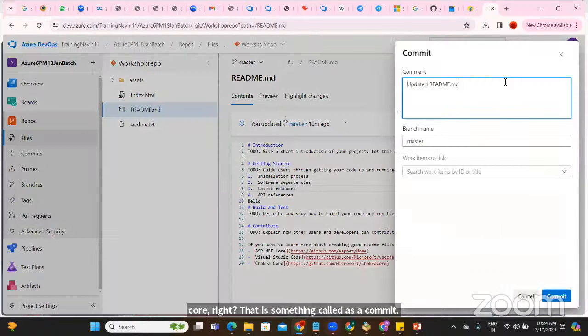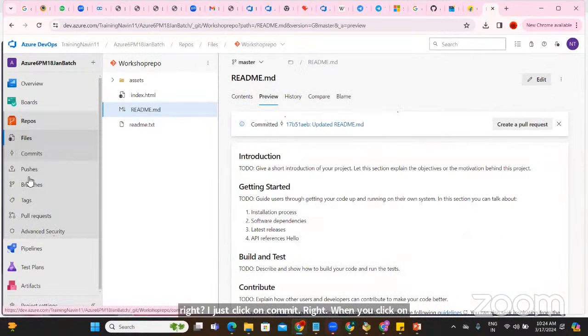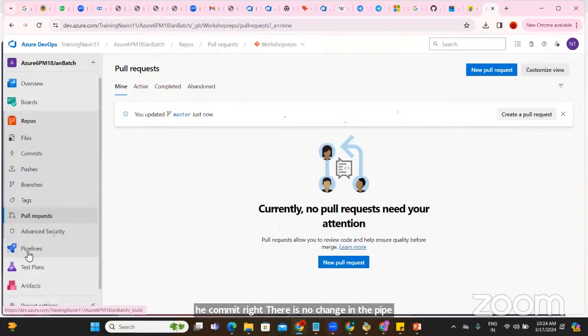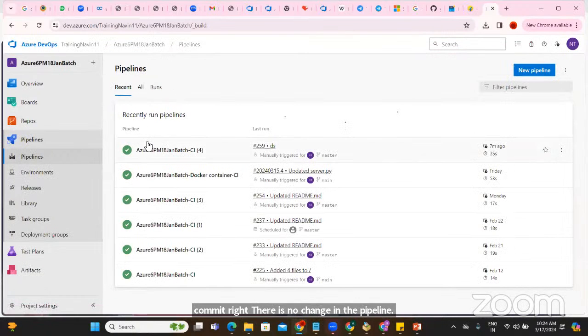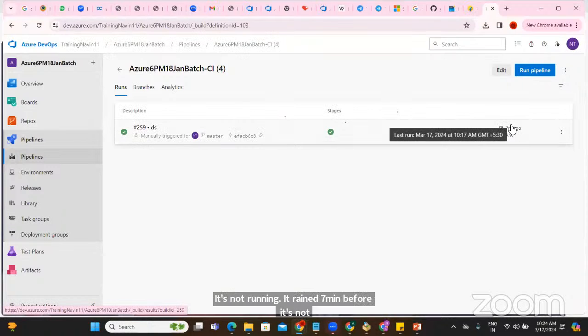I just click on commit. Guys, when you click on commit, there is no change in the pipeline. This pipeline is not running. It ran 7 minutes before. It's not running automatically. So that's why it is called no CI/CD. It's the traditional way. I haven't applied CI on top of this.